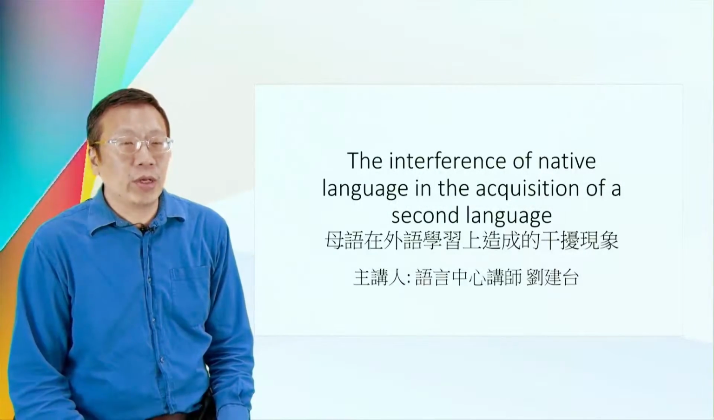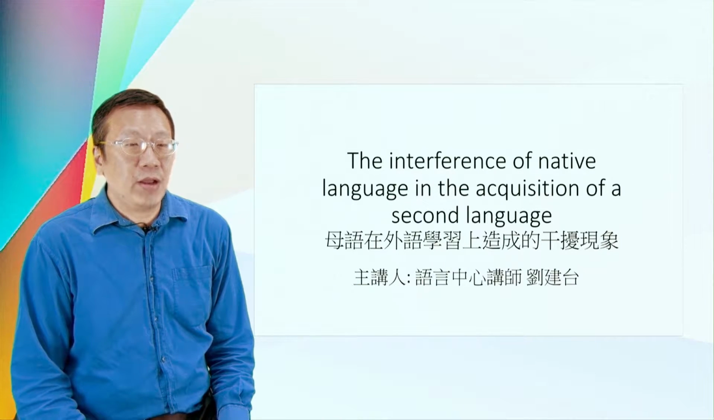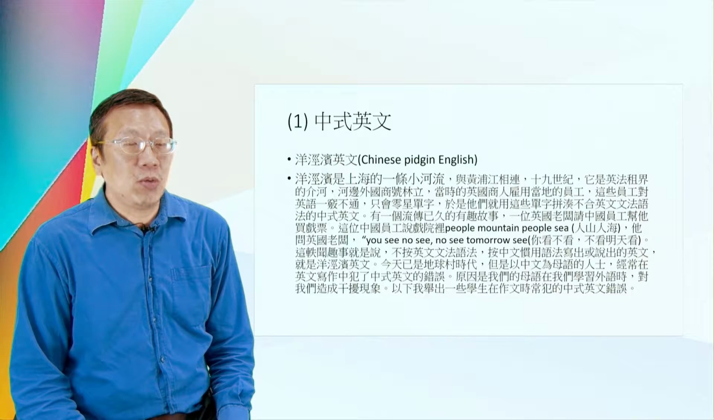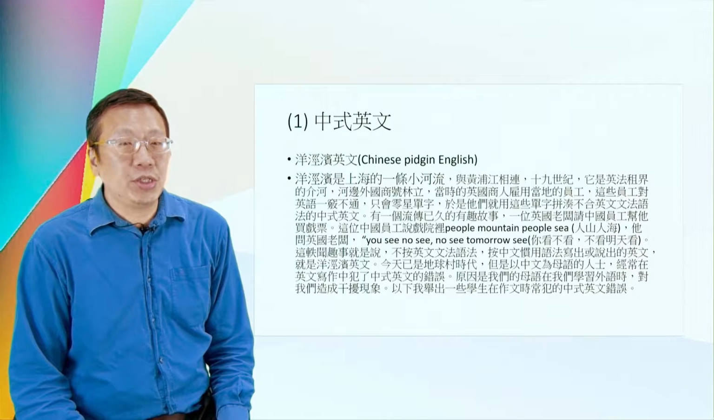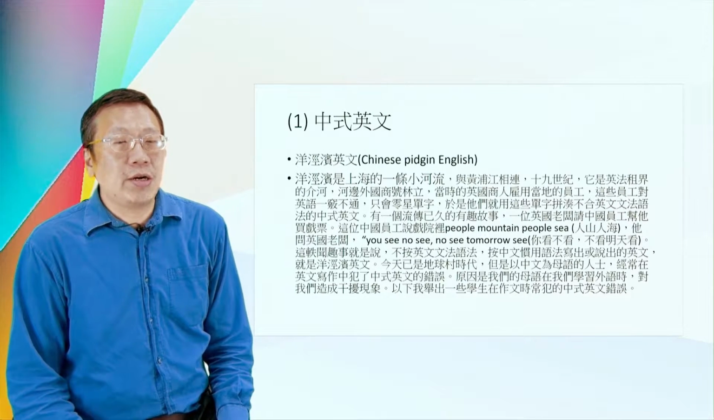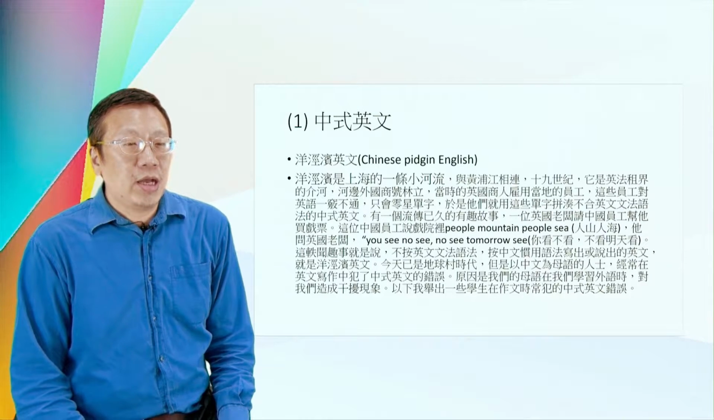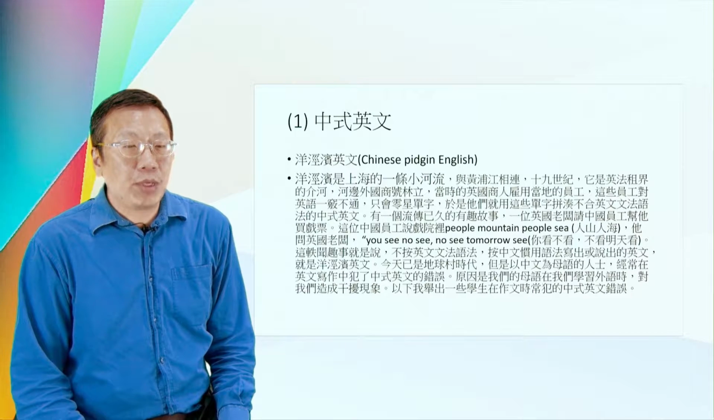各位同学好，今天我要为各位同学讲的题目是The interference of native language in the acquisition of a second language，母语在外语学习上造成的干扰现象。我们知道有一种中式英文，又叫洋泾浜英文（Chinese Pidgin English）。洋泾浜是上海的一条小河流，它跟黄浦江相连。在19世纪的时候，它是英法租界的一条界河。河边外国商号林立。当时的英国商人雇佣当地的员工。这些员工对英语一窍不通，只会零星的单字。于是他们就用这些单字拼凑一些不合英文文法跟语法的中式英文。有一个流传很久的有趣故事，是说有一个英国老板请中国员工帮他去买戏票。这位中国员工就说，现在戏院里头是 people mountain people sea，